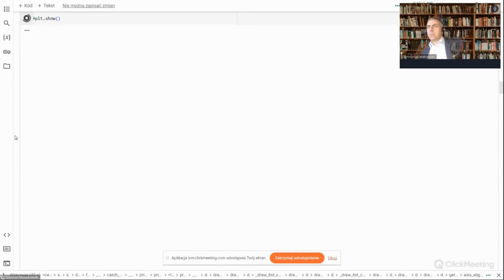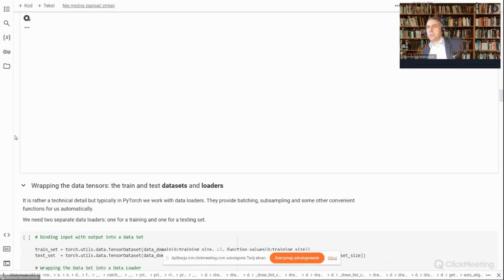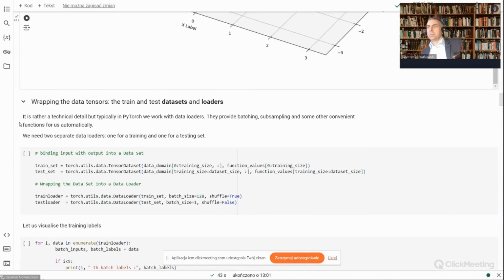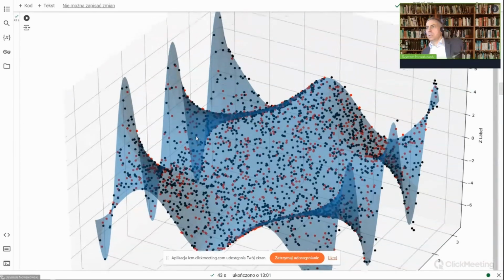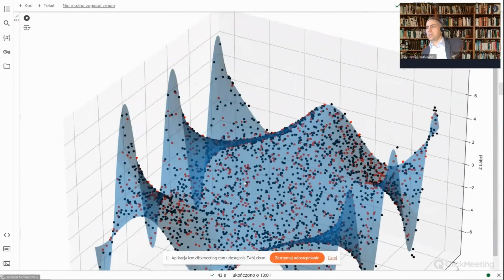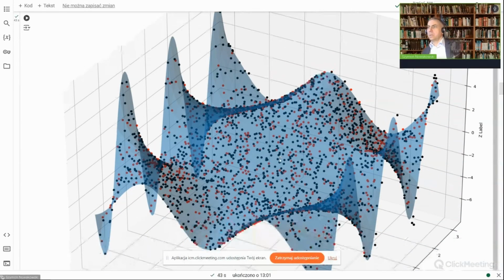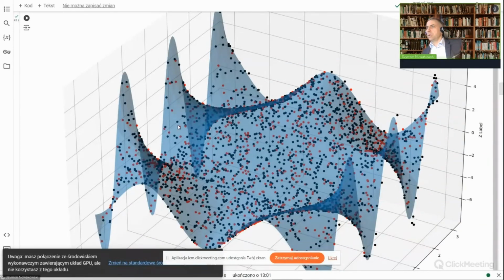Okay, we will go back to see how it got sampled. So here you can see it. Again, the red dots are the training dots, and the black dots are the testing dots. We covered the area from -3 to 3 on both coordinates quite nicely with the points, but